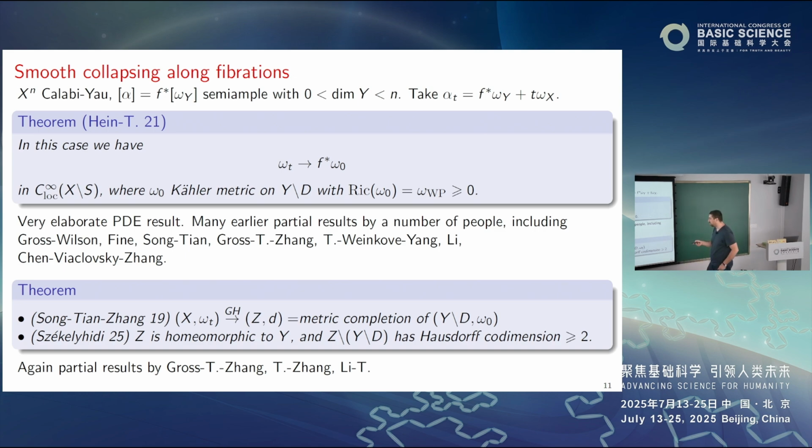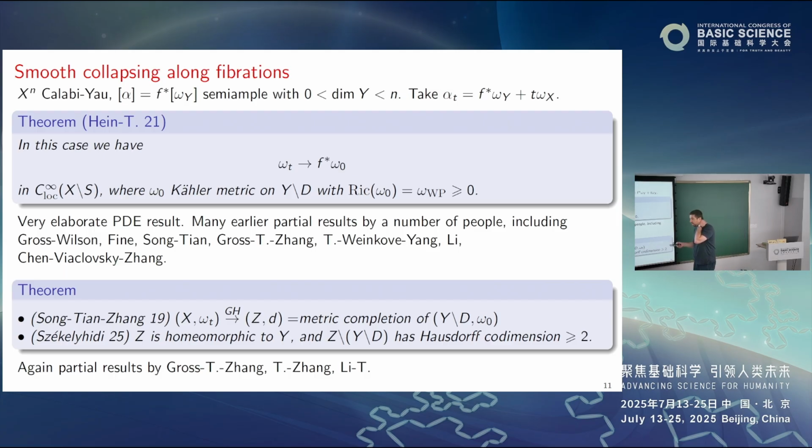So Song, Tian, and Zhang proved that the Gromov-Hausdorff limit, without subsequences, is again identified with the metric completion of the base with this limiting metric. Again, there were many partial results before, in particular, in the hyperkähler case, we proved this earlier with Gross and Zhang. And Gabor Székelyhidi just